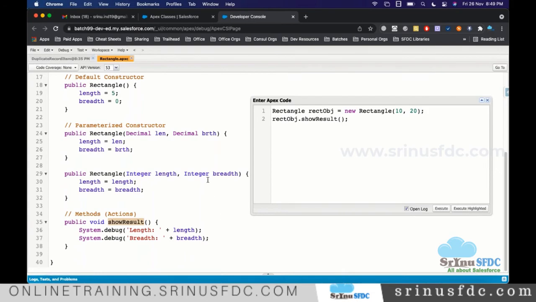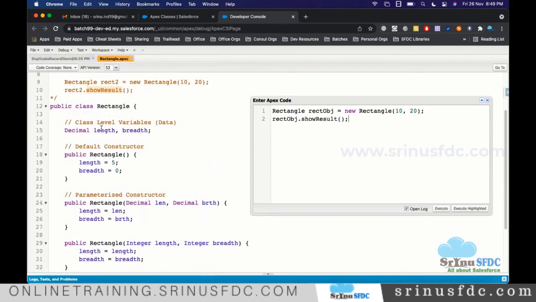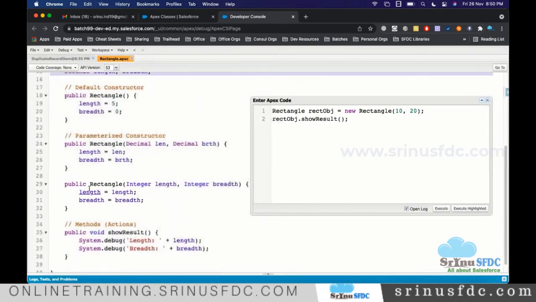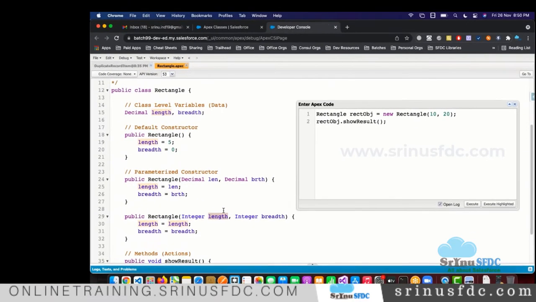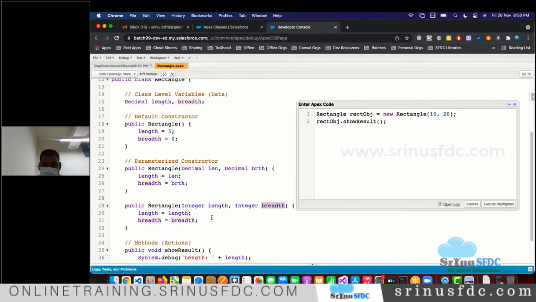You cannot say 10 and 20. The reason is these are 2 class level variables. If you don't assign anything, by default this will be holding null. So when I say length equal to length, it is not referring to this, because there is a local variable, a parameter with the same name. It will be looking only at this one. So you don't see these assigned with anything. You will be seeing null and null.